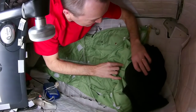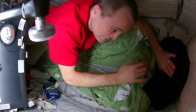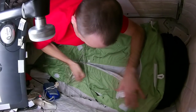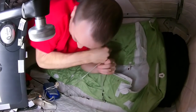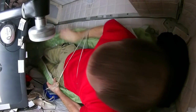It's just a bag full of clothes, but I actually keep it up on the top of my head because I'm a little tall. In the crew quarters, I tend to hit my head on the ceiling when I'm sleeping. So I got my sleeping bag here. I got my bungee cords to hold me in. And then when it's time to go to bed, it's quite easy. Just unzip the sleeping bag, climb on under the bungee cord, climb into the sleeping bag, make sure you're nice and secure,